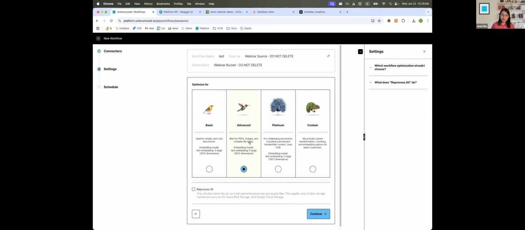This is really useful for files that have images or tables, or files that are in PDF that require some sort of OCR or object detection. What it does in the back is we have a model that runs either in CPU only mode, or you can choose to use GPUs if you have GPUs available. And it goes and detects objects around what each piece of the file looks like.